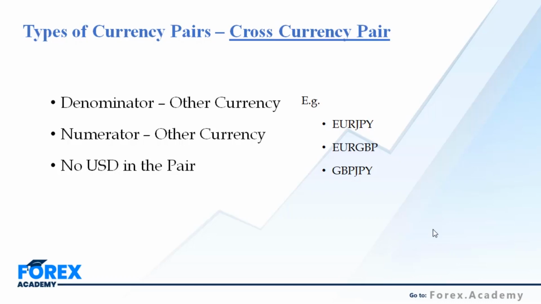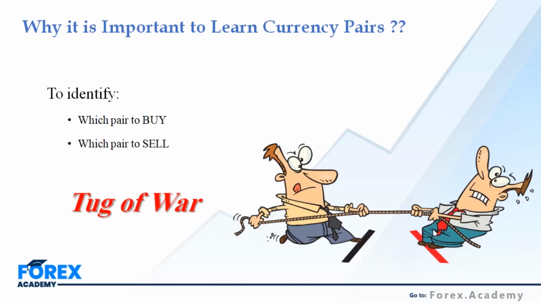And let's suppose there is some sort of news which is going to be released in 3 hours, 4 hours, or in a day or so, and I'm feeling hesitant to trade the direct or indirect currency pairs. I can go for the cross currency pairs, because there is no US dollar. We have other currencies in the denominator and in the numerator. So this is what we call the cross currency pair.